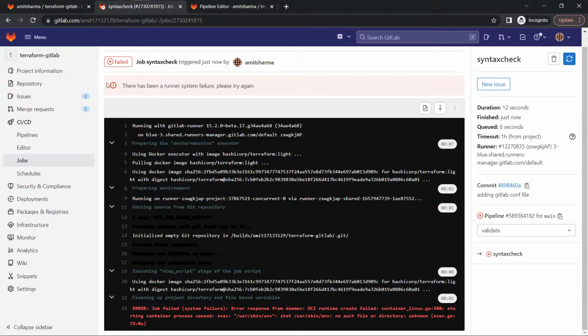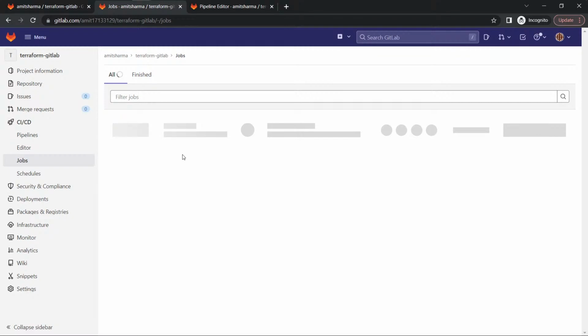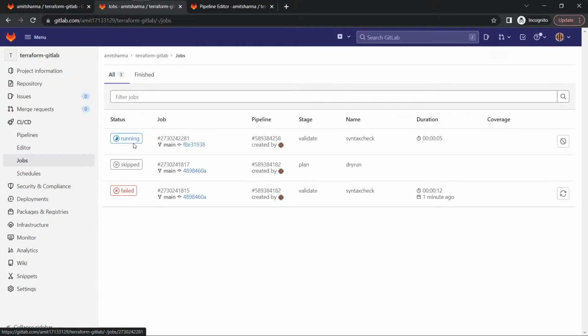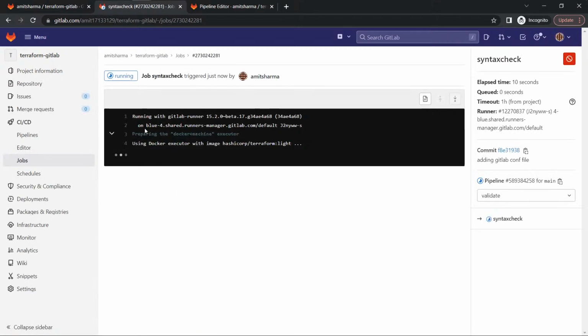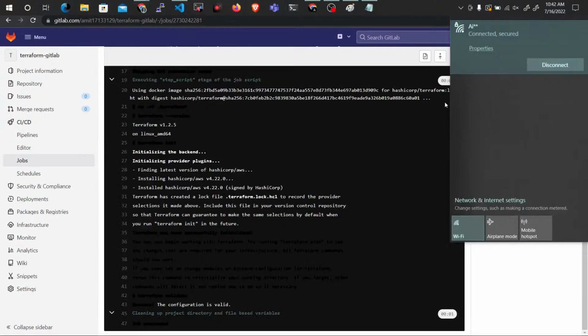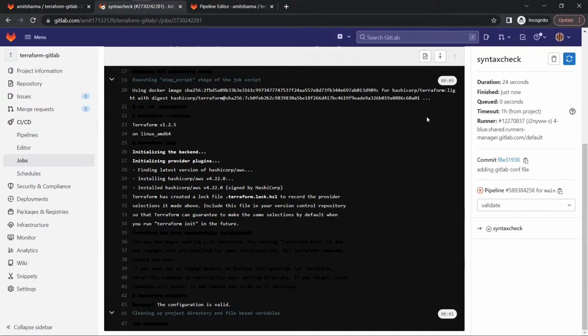Okay, I just run again, click on job, so you will be seeing the new job. This job is running. So if you see, behind it, it's using Docker executor. Okay. So if you see, what we have just given, that this should be running, and